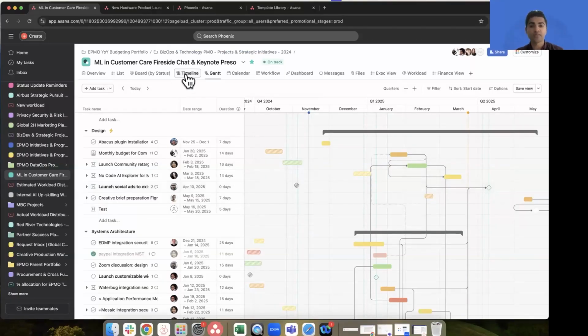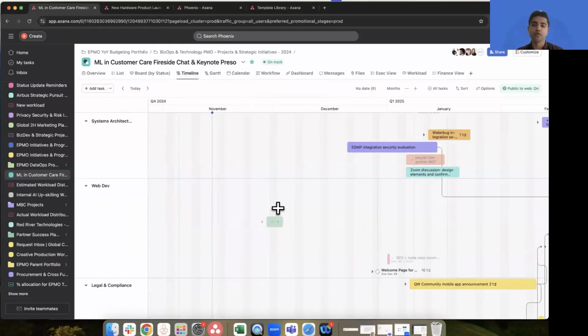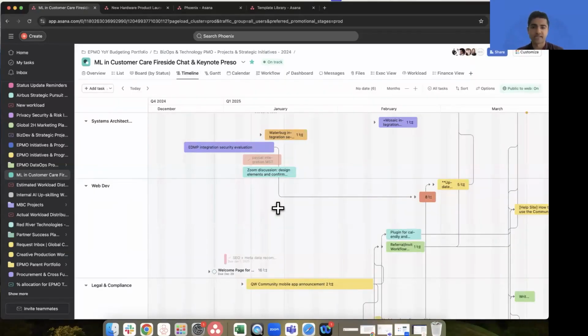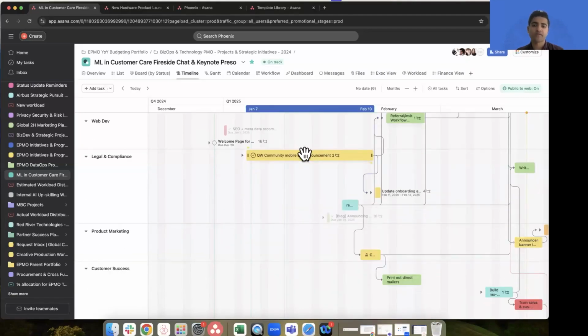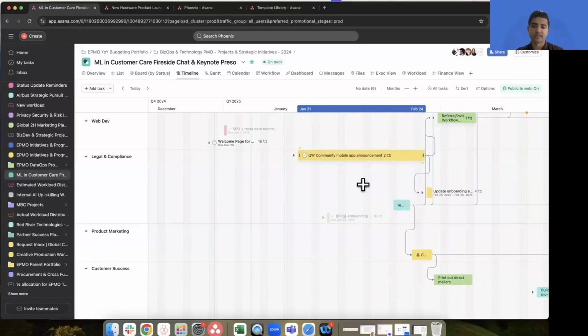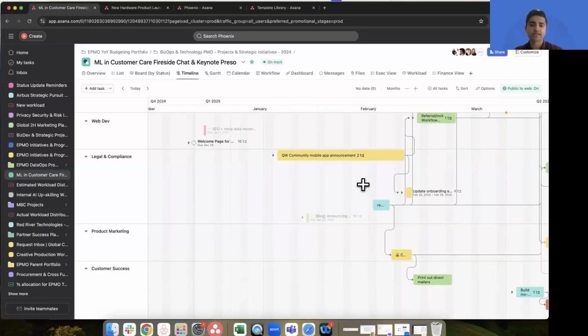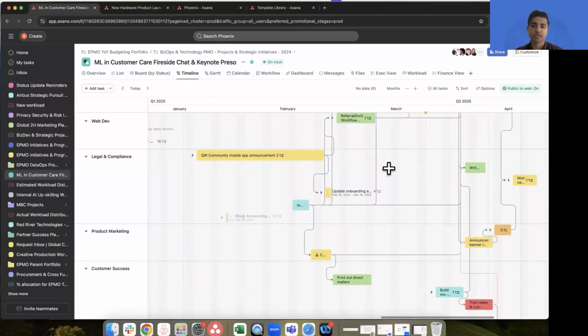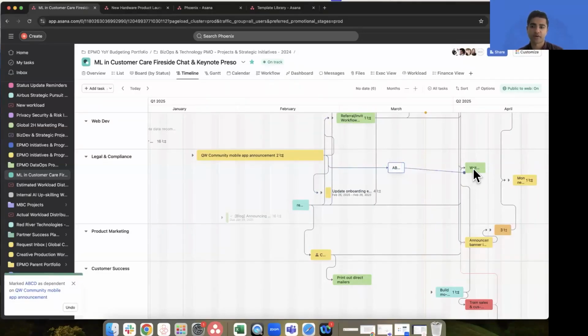Now, if we go to the timeline view, it's really beneficial to view dependencies and how long things are taking in a lot of flexible ways. We have all the different types of dependencies, finish to start, start to start, and all the others. And this is where you can say, okay, if this particular task got done a little bit later, how is it impacting the dependencies? And it'll shift the entire project just a little to accommodate so that no dependencies are broken. Of course, it's also very easy to add a task in here and then connect dependencies from existing tasks to the new tasks that I've created.